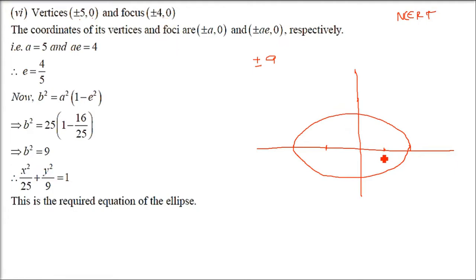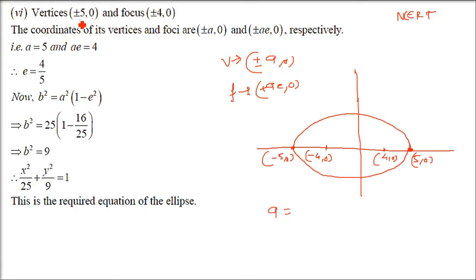So the focus is given, so this is 4, 0 and this is minus 4, 0 and the vertex is also given. This is vertex 5, 0 and this side it will be minus 5, 0. So that is why it's minus plus minus simultaneously given. So the vertex is a, 0 and the focus is a into e. You know for ellipse e is less than 1, that is why it is inside. So a is 5 and ae is 4. So just put a as 5, e will be equal to 4 by 5,